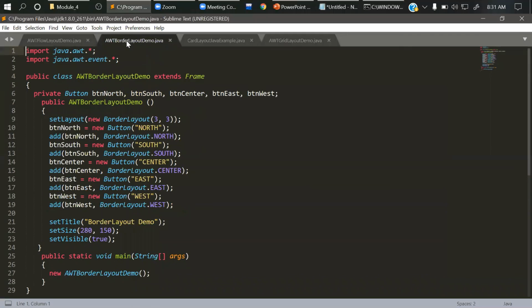Now the next one is the border layout. You can see the 5 regions into which the border layout is divided: north, south, center, east, and west. And the setting of title, size, and its visibility. These are 5 different buttons I've taken over here.